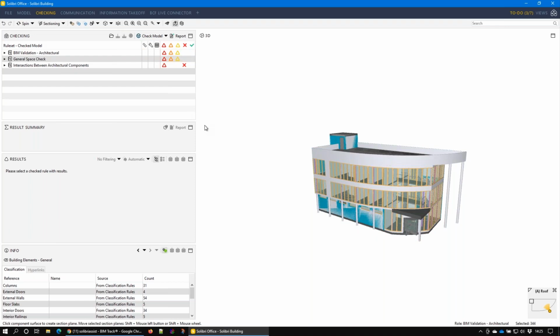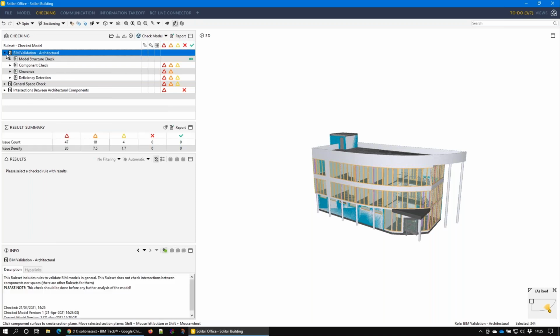It'll use, in this case, this machine's an i9, so it's got plenty of resource. So it uses 3 of the threads to simultaneously process those. And before I've even finished, it's finished. So at this stage it's fairly quick, but we have a model that's designed for this. So in your own models, depending on the number of rules you have, the complexity of the model, the amount of detail in the model, and the number of checks that have to be done, it could take a good while longer. Ultimately, what we get though at the end of this is some sort of